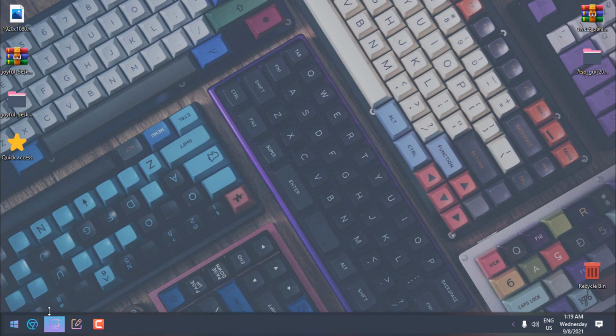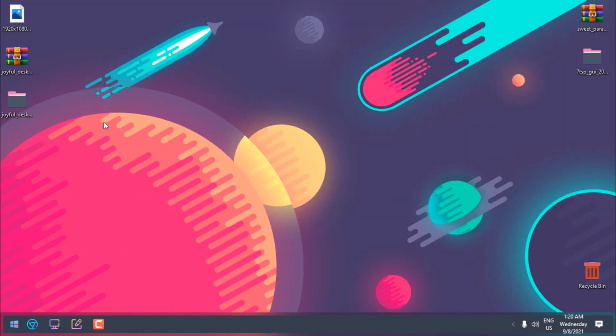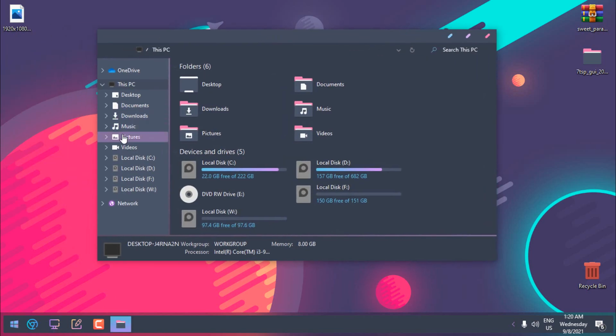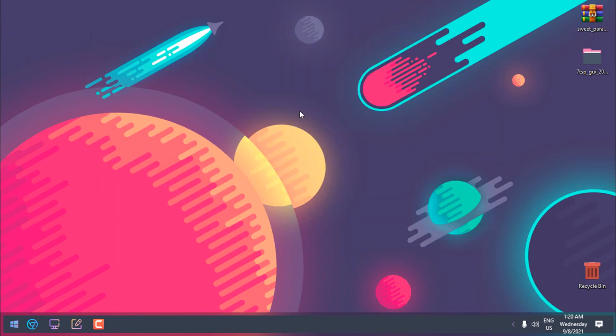Now what I'm going to do, I'm gonna apply this wallpaper background. Okay, now the last step is to customize these icons on the taskbar. And how to do that? First I'm gonna delete this and I will move this wallpaper into the pictures, so I'm gonna keep my desktop clean and nice. Now the last step is to change the icons located on the taskbar, and to do that,